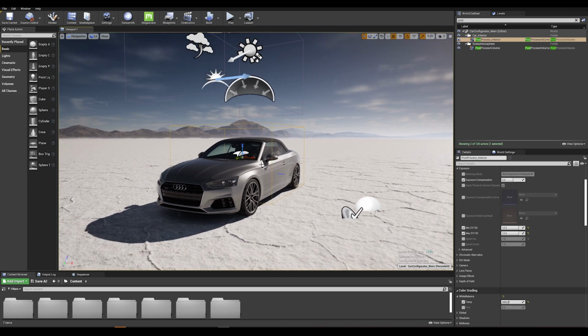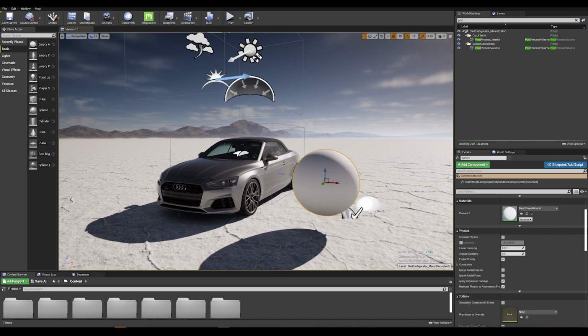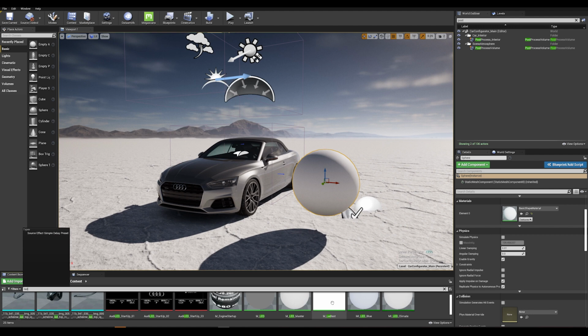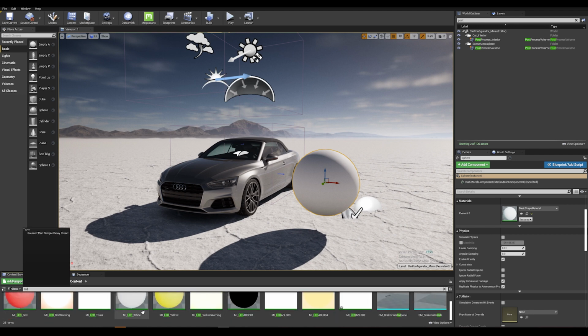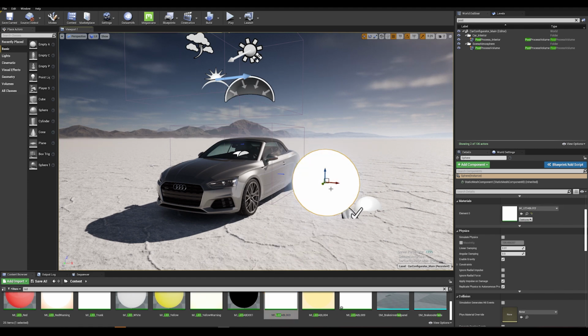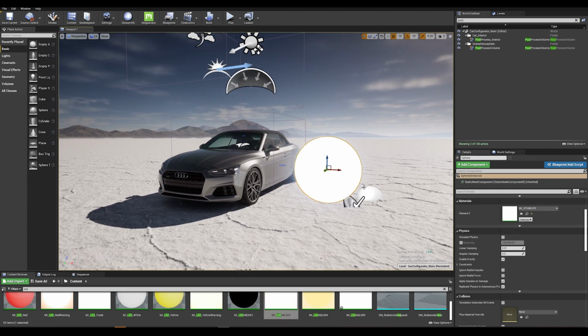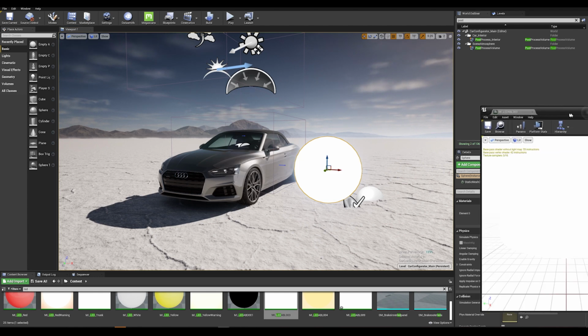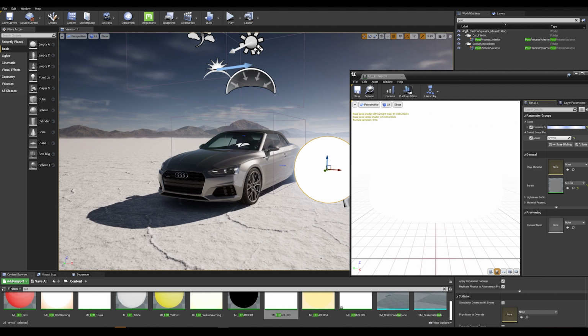Now, another quick tip for your car scene is the emissive material. Very quickly here, I'm just going to drop a sphere and apply a light material. I'm just going to be using this one here. If I drop this right now, you see it's very bright because I've obviously parametered that in advance. But if I bring this value here, we can see the power is actually quite intense.